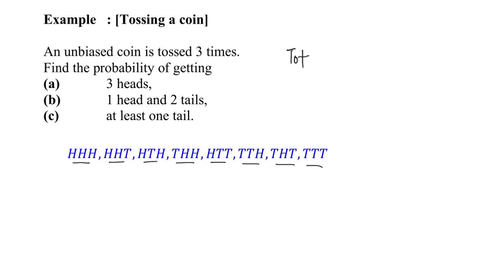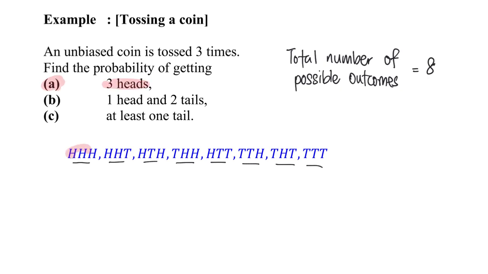So now I know the total number of possible outcomes is equal to 8. So later I will always divide by 8, and out of this 8,